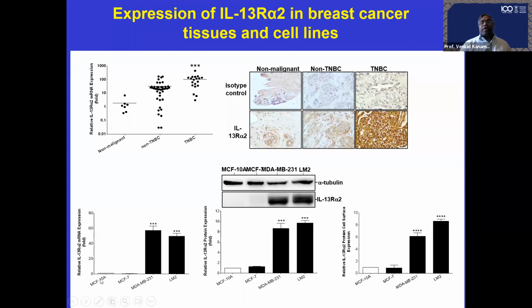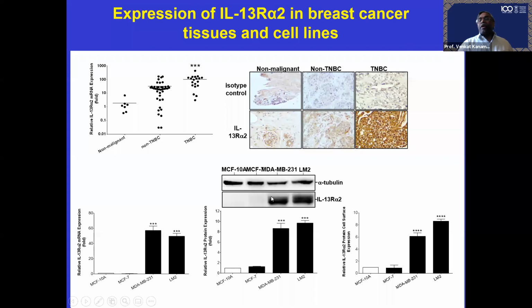We chose MCF10A, which is a non-tumor cell line, and MCF7, which is a breast cancer cell line, but it's a non-triple negative breast cancer homolog. And here we used 231 as well as its derivative LM2. Both are triple negative breast cancers. As expected, you can see the expression